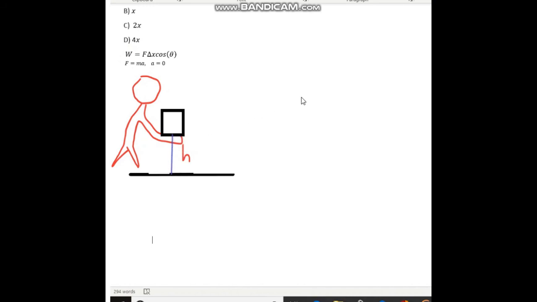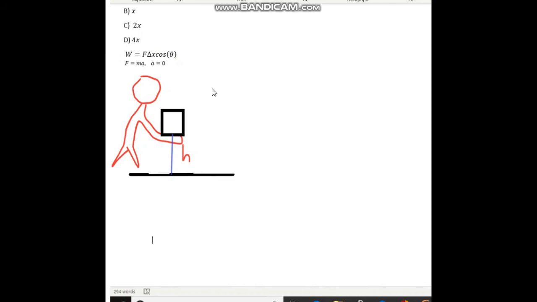Even if you call another person, if they don't have the minimum work required to pull this object from here to there, no matter how fast they can lift it, this object is not going to move. So it just needs x. So x is the work that can move it, or an amount of work that is greater than x can move it. Okay, so here that means the work is not going to change. Work is F change in x cos theta, and since the cos theta is 1 here,